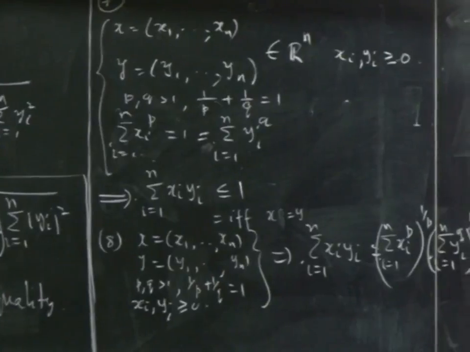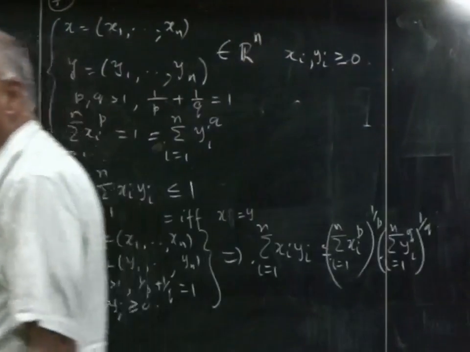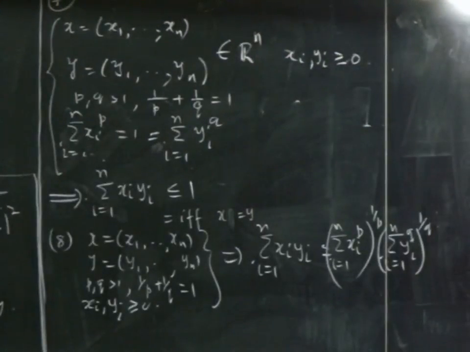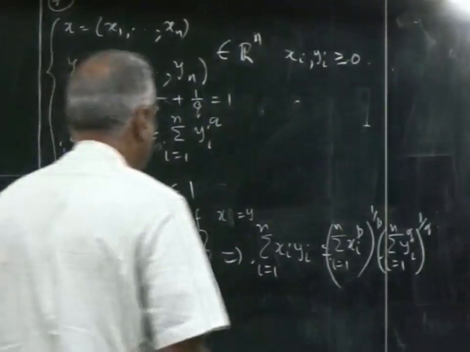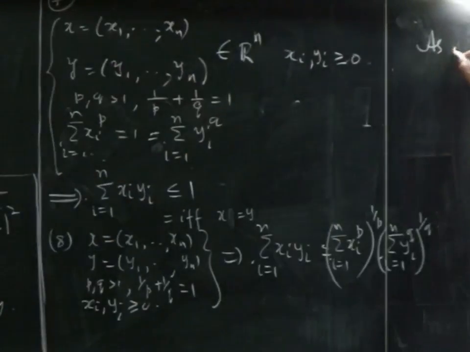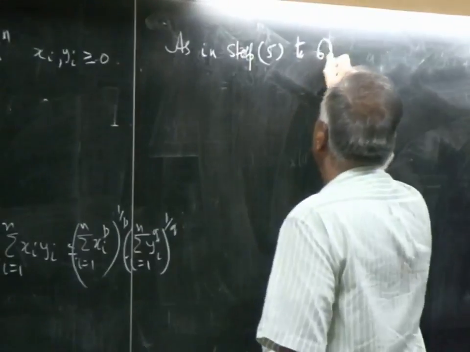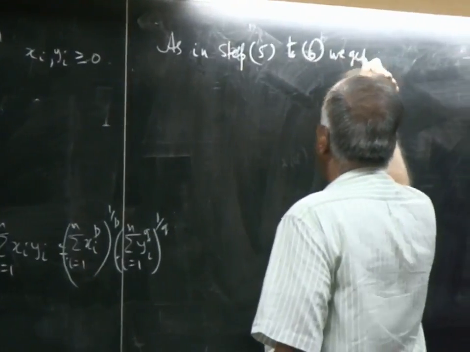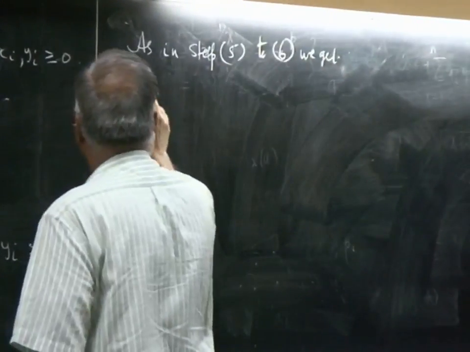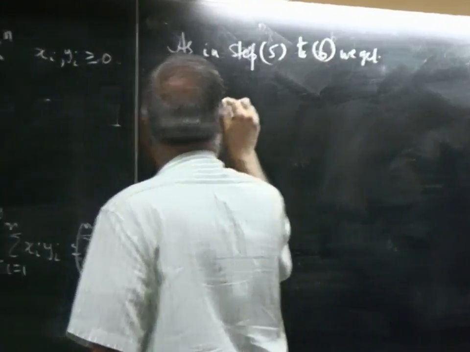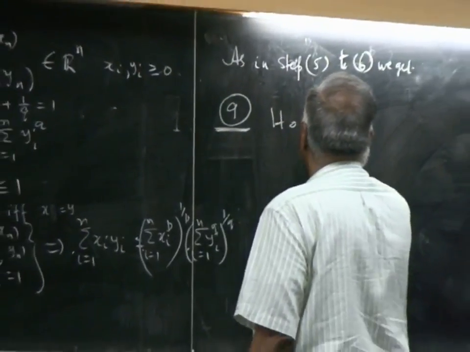Okay. Now what is the next step? To remove the non-negativity, so that we can now state the result for all vectors. How do you remove the non-negativity? Look at the moduli. Okay. So as in step 5 to 6, we get this, the next important inequality called Holder's inequality,